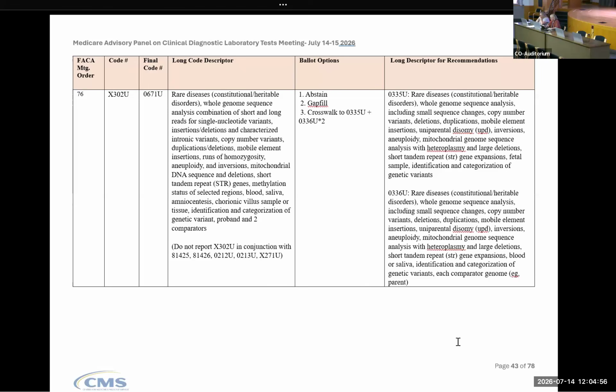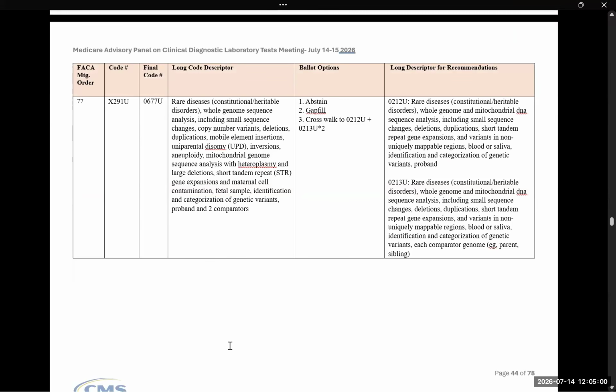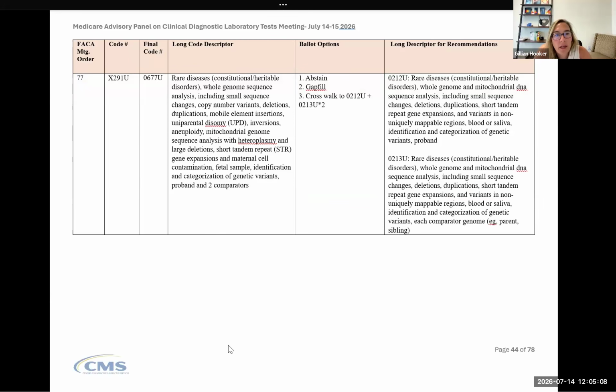Thank you. All right, and next up, X291U with a new code number of 0677U. Right, 0677U is whole genome sequence analysis, inclusive of sequence changes, copy number variants, del dupes, UPD, mitochondrial, heteroplasmy, large deletions, STR, and inclusive of analysis for maternal cell contamination. In this case,